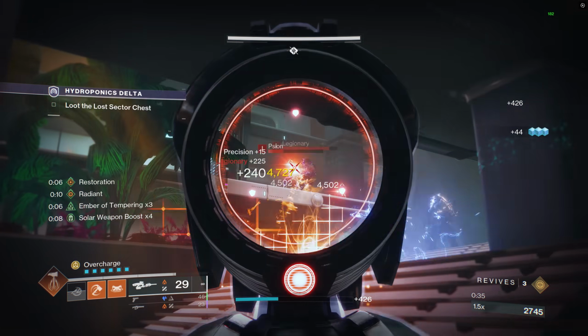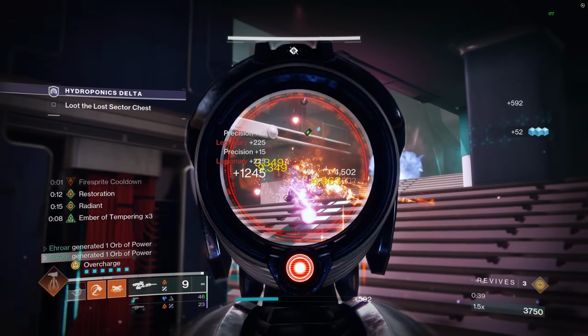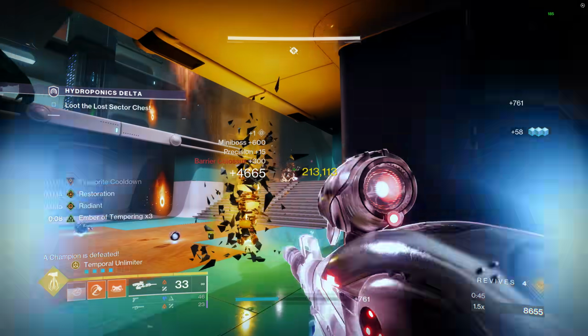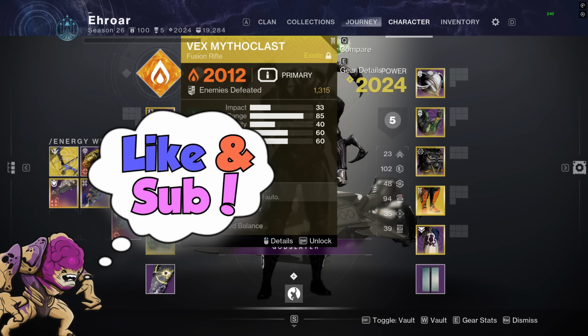What's up, guys? Today we're going over the Vex Mythoclast, which is absolutely crazy this season because of Particle Reconstruction. And just like the first season that artifact mod was around, this seems kind of a must use. So in this video we're going to be going over two builds that really take advantage of this weapon this